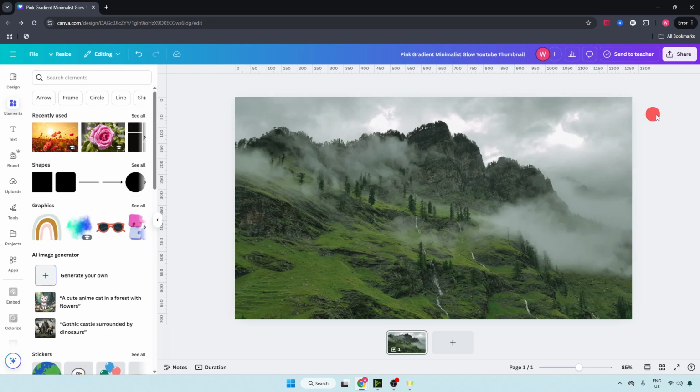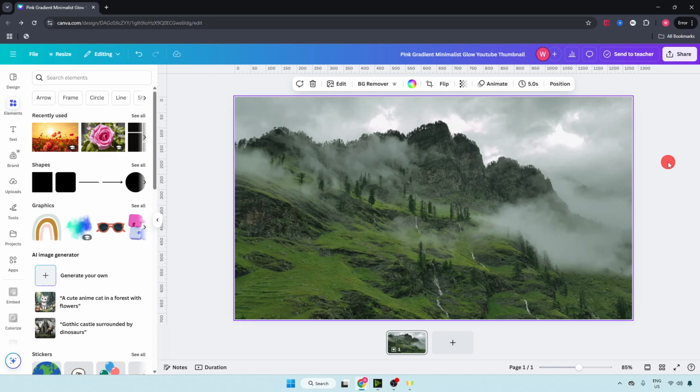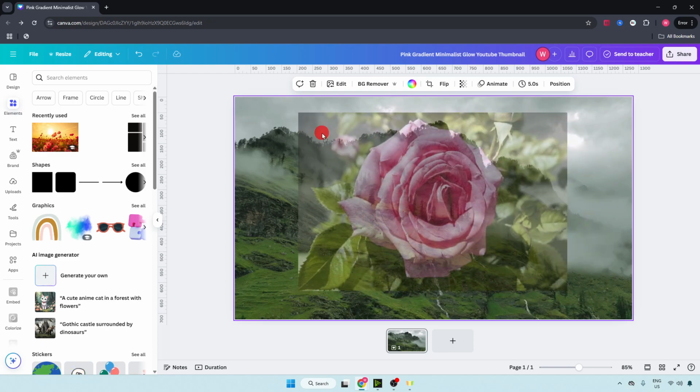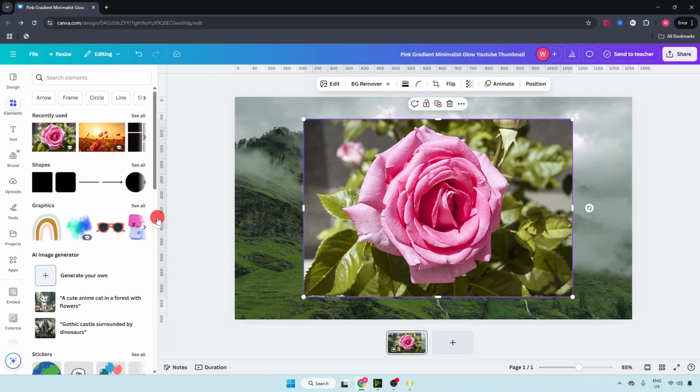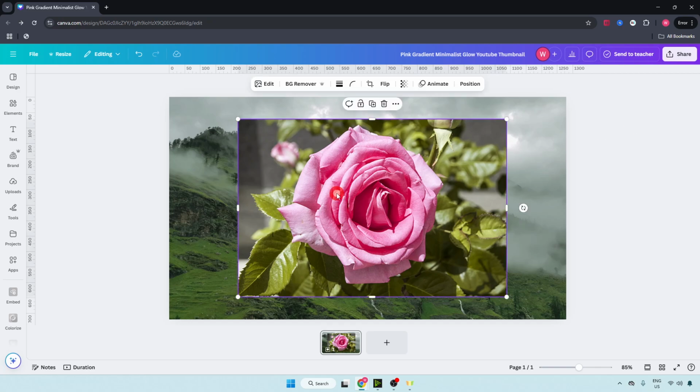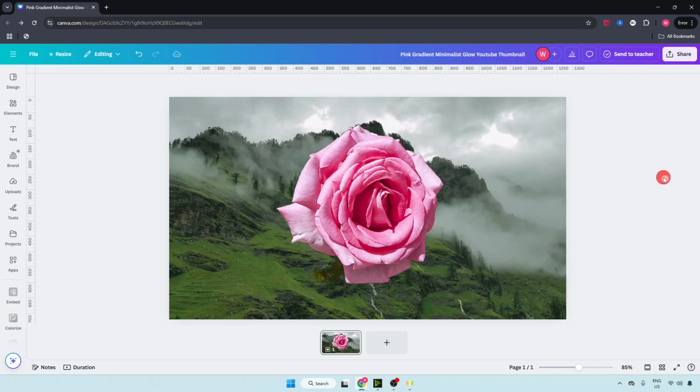Alright, let's dive in. First of all, just open your Canva design. After opening it, I'm going to add this picture. For example, let me remove this background. If you want to fade a picture in Canva,